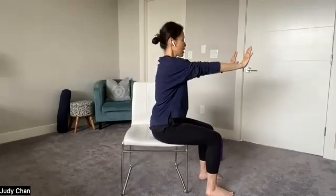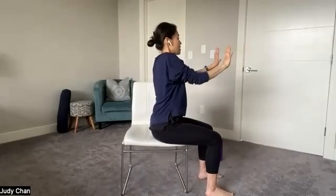And then we're going to bring our hands back, elbows towards the sides of the body. Good. Inhale to extend the arms back out. Exhale, bring them back in nice and close. Very good. And I'm going to just move to the side. Inhale to push against that wall. Exhale. Good. A little bit of strength